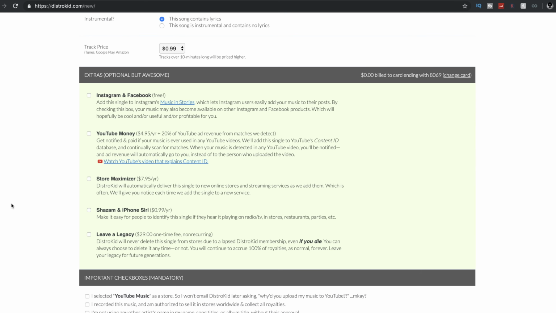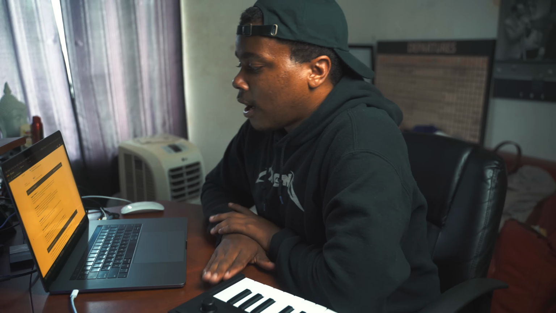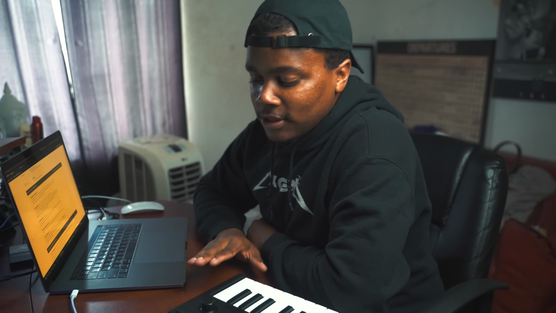And then you go down to the extras. This is my favorite part of this whole process because they have some pretty cool stuff. They have distribution to Instagram and Facebook. What this is basically it puts it in